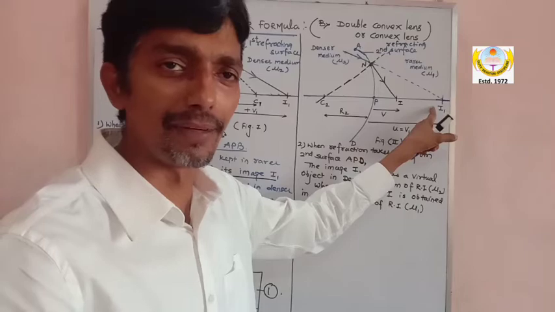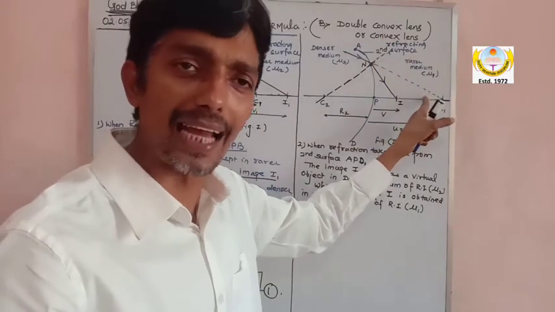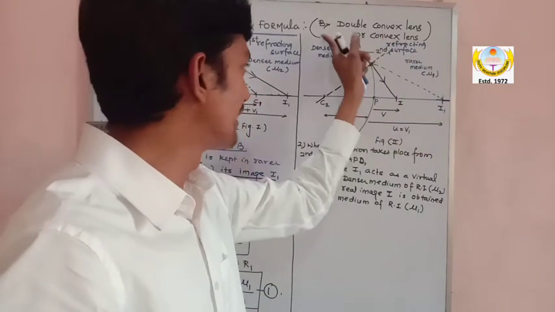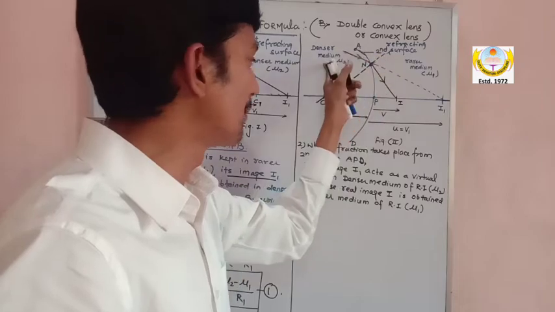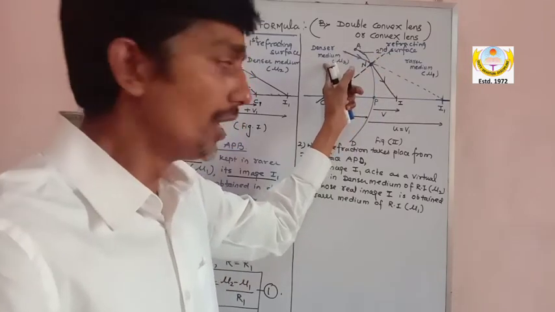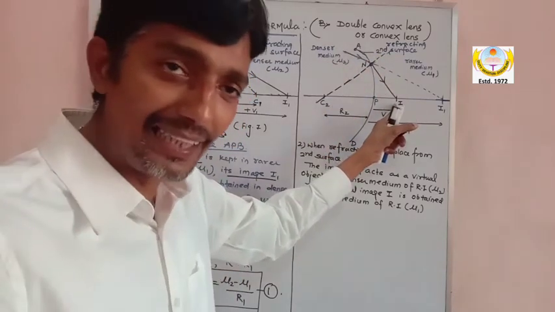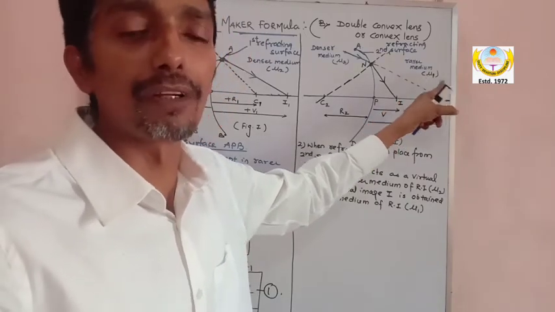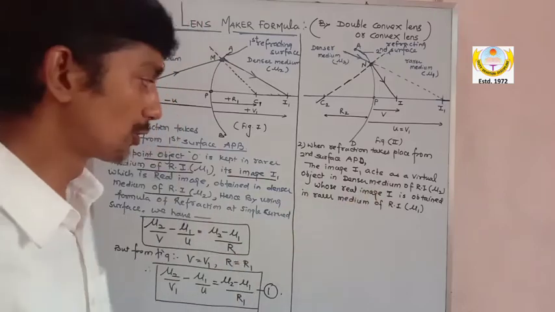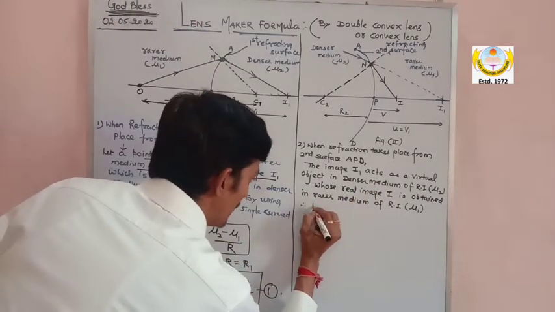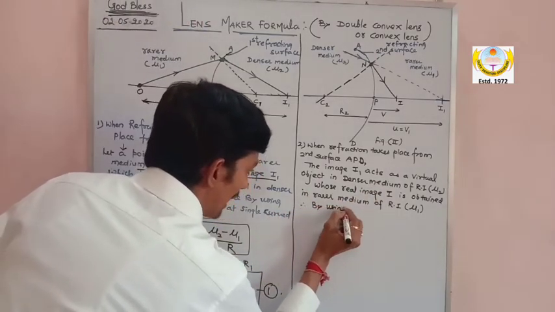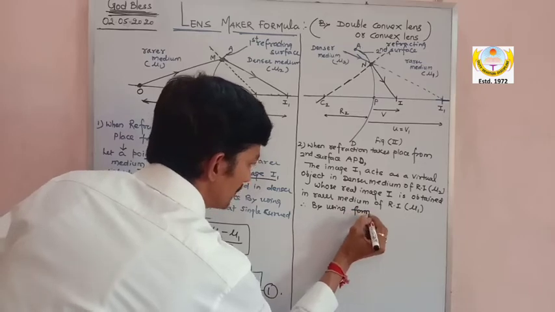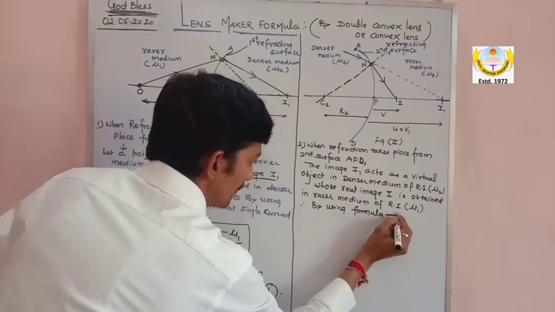Sir, for the second surface, the image I1 acts as a virtual object, and this object is in the denser medium of refractive index mu2, whose real image is I, no doubt, which is obtained in the rarer medium of refractive index mu1. So, therefore, by using the formula, we have